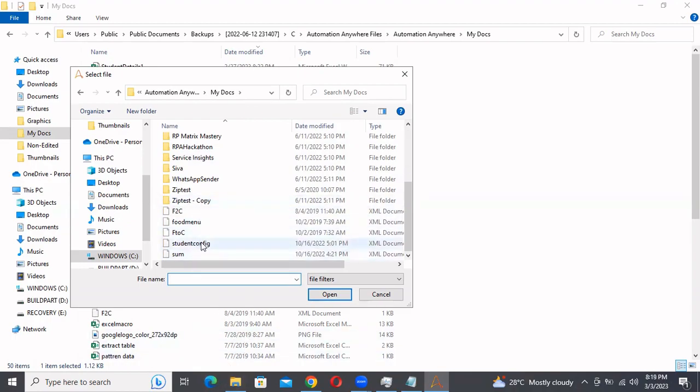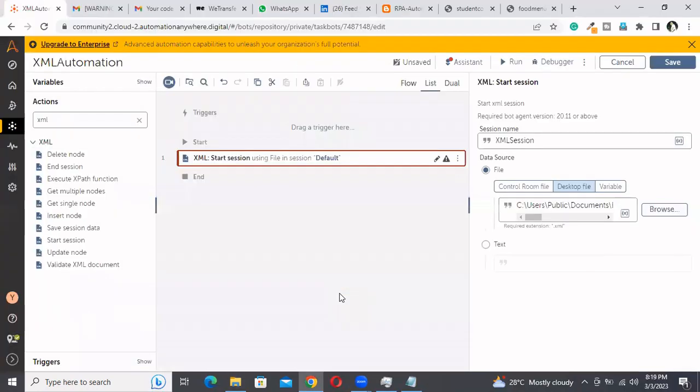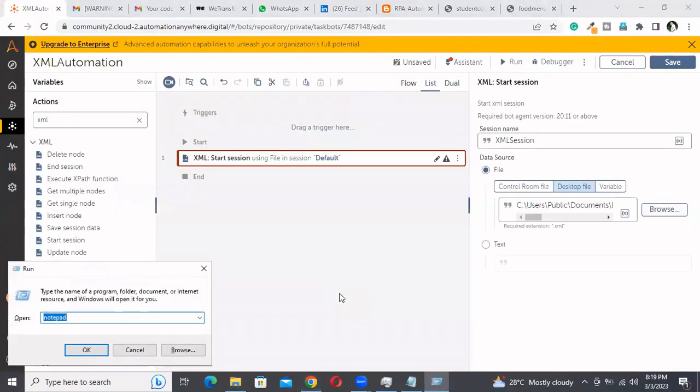Yeah, student config. This one. Okay, open this. Assume that generally, for suppose